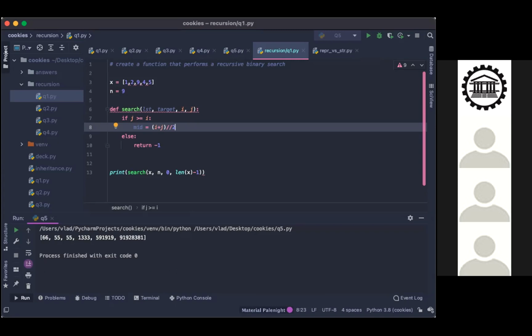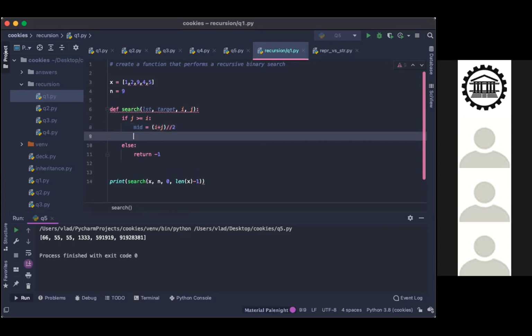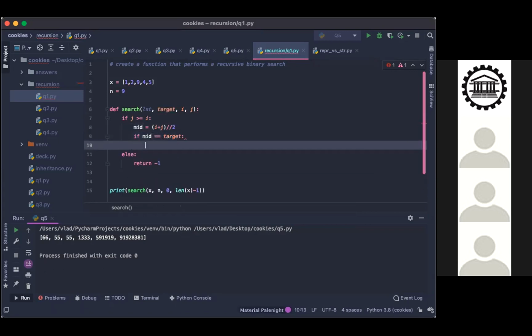You wanted recursive, you said. So I guess we can just keep calling the function each time, so that based on the approach we're doing, if the number is in that list, then it would become mid basically. For example, if mid is equal to our target. What do you want us to return?